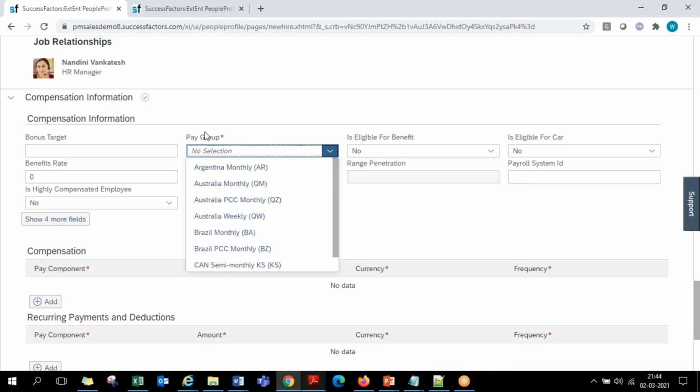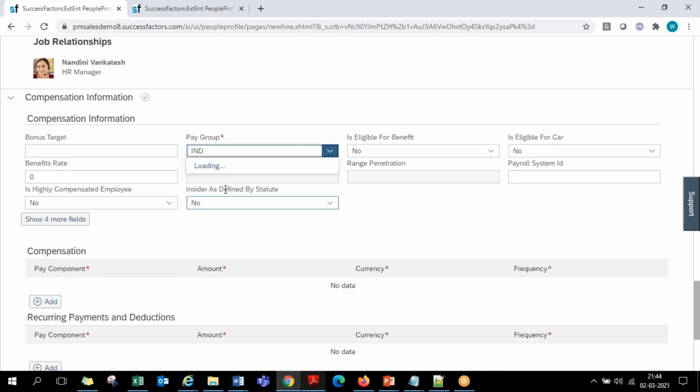That is a pay group, where in SAP HCM we have it as a payroll area. So payroll area, here we call it as pay group in SuccessFactors. So that things can be created here and that can be integrated accordingly. Now when I'm hiring an employee in India, India related monthly employees, monthly paid is only one group we have, I can hire against that.